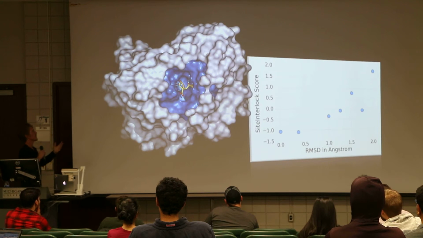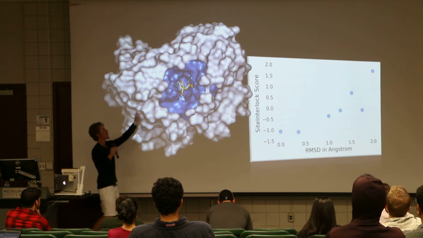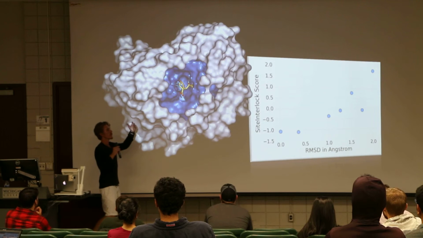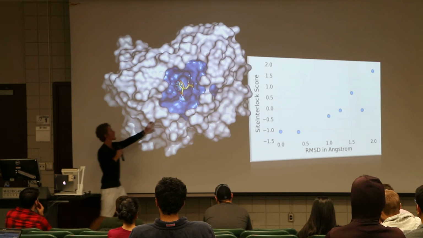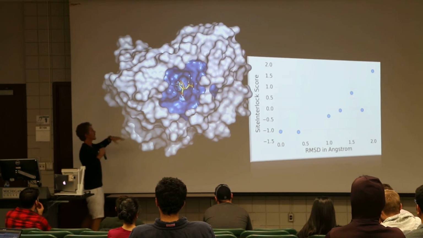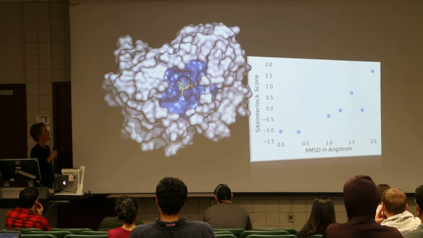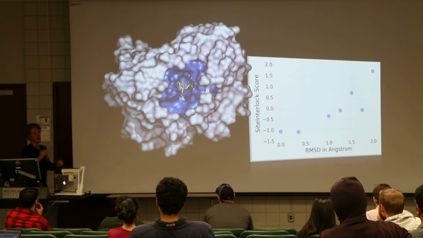What it is all about is, you can sample this yellow ligand in different conformations, but how do you know if it's correct or not? This algorithm basically works on how rigid this blue part becomes. The more rigid it is, the more natural the pose, the yellow one, is.